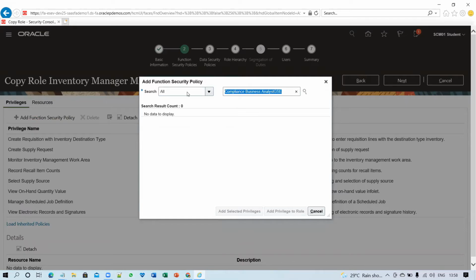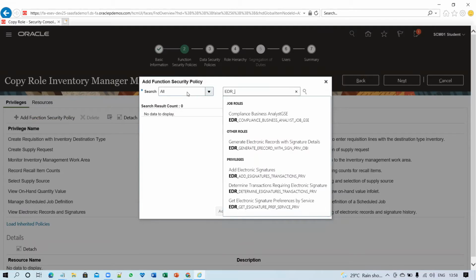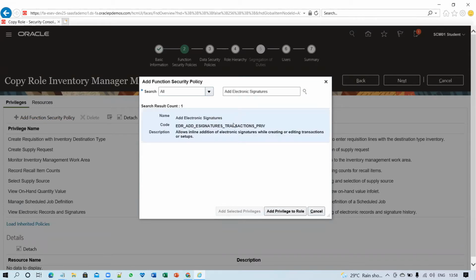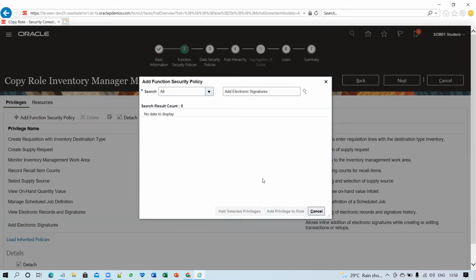After that, you have to add EDR_ADD, the EDR add e-signatures transactions privilege. Once you search, add the privilege to the role.